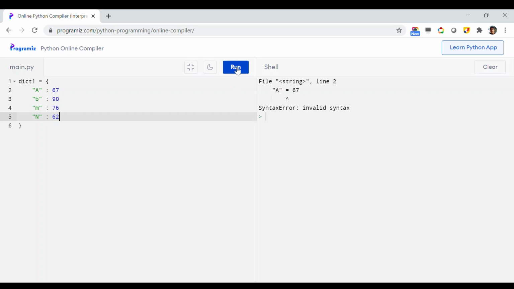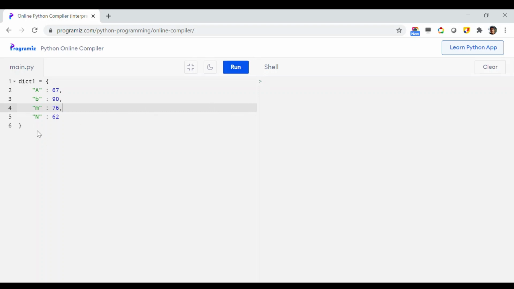Now let us try to run it. Well, still there is an error, and the error is I forgot the comma over here. So like this, I am separating all the data items utilizing a comma. Now let's see whether it is accepted or not. So now, well, it is accepted. So first let us see whether I can print it or not. So print